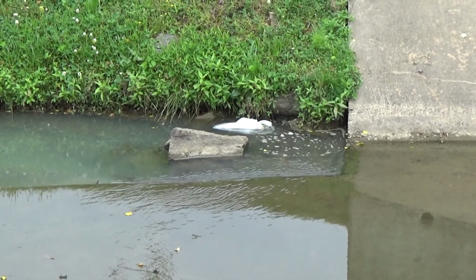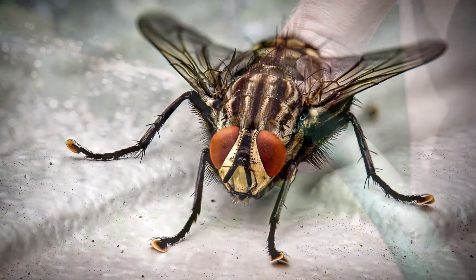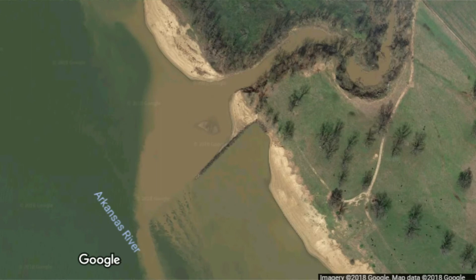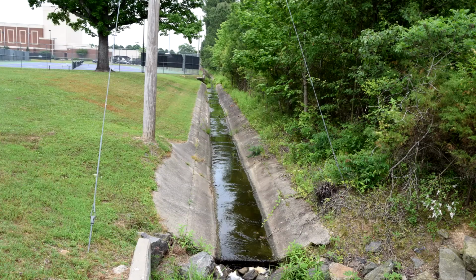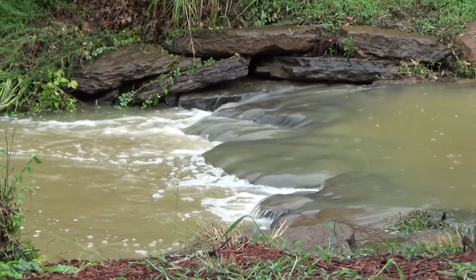Stormwater pollution occurs as rainwater travels across the ground, picking up pollutants like lawn clippings, pesticides, fertilizer, pet waste, motor oil, construction debris, trash, and eroding soils. This water then goes into the storm system, which includes storm drains, culverts, and ditches. Since these are not connected to any type of treatment facility, all of the pollution ends up in our ponds,